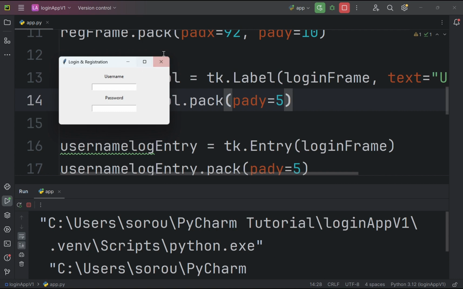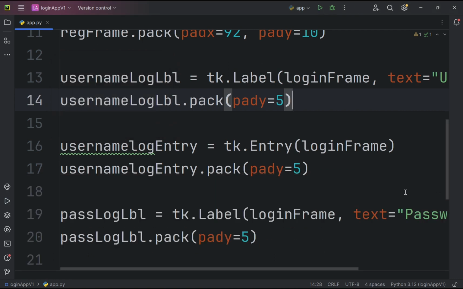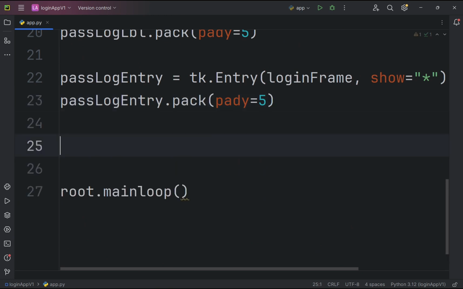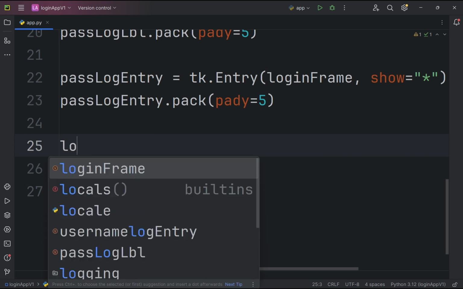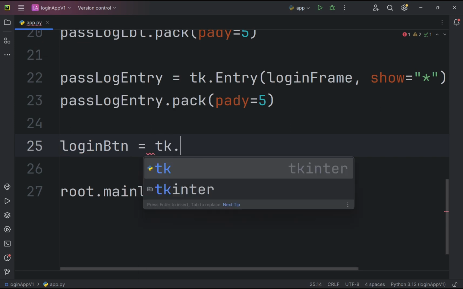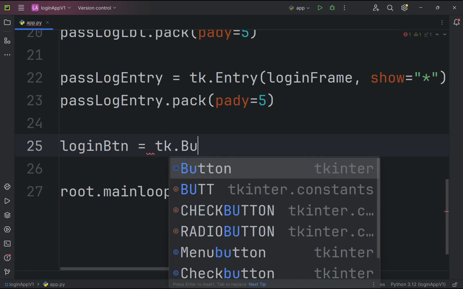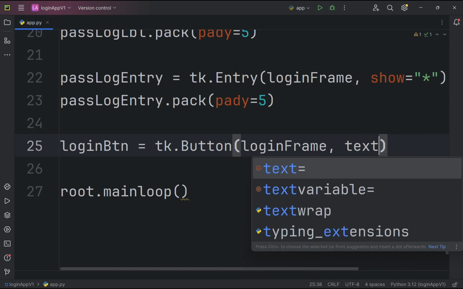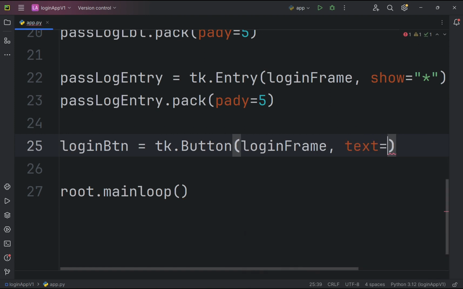So to do that, I'm going to minimize this and this. We're going to come here and we're going to use a different type of widget, and we're going to name it login_btn for button, tk.Button. We need to call the Button method, and we're going to pass it our login frame, and we're going to say text is one of the parameters we want to have,